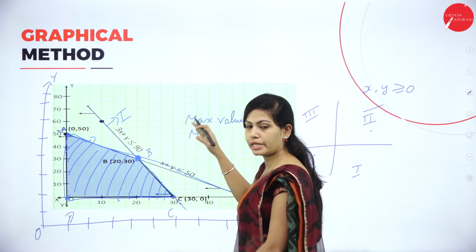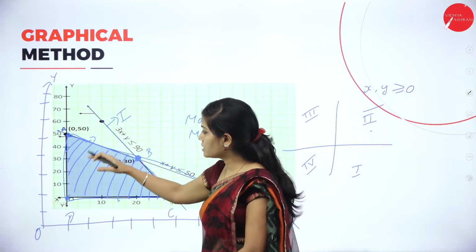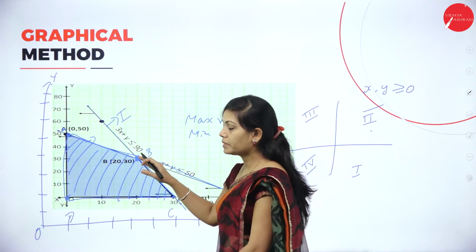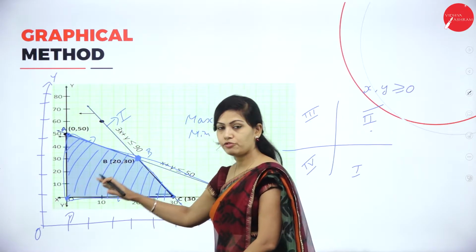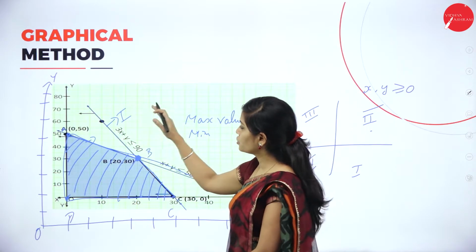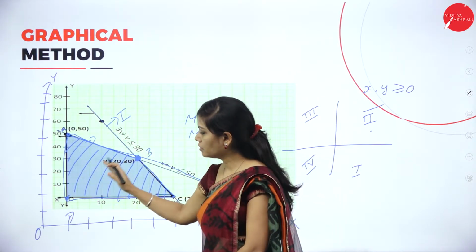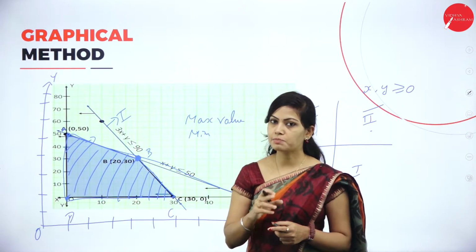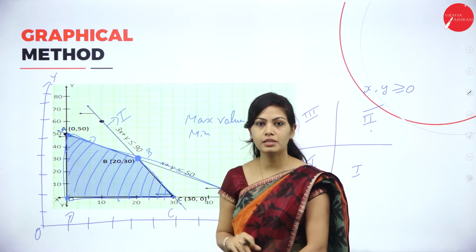Above the constraints you will get the feasible region for minimization, and for maximization, below the constraint you will get the feasible region. Please keep in mind, for a maximization problem usually you will get towards the region, and for minimization above the constraints. So the shaded area should come above the constraint for minimization, and below the constraint for maximization. In the problems I will explain it in detail. So this is the structure of the graphical method.